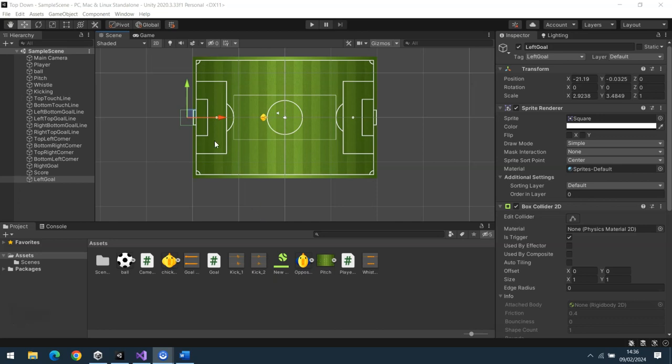Opposition! Right, the aim of this video is to have someone to play against. So basically something which will eventually chase us and chase the ball and try to score here on the left hand side. In the last video we set up the right goal. So as you can see I've got a left goal now set up which is called left goal in terms